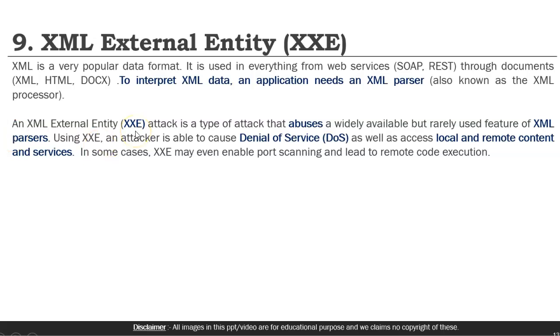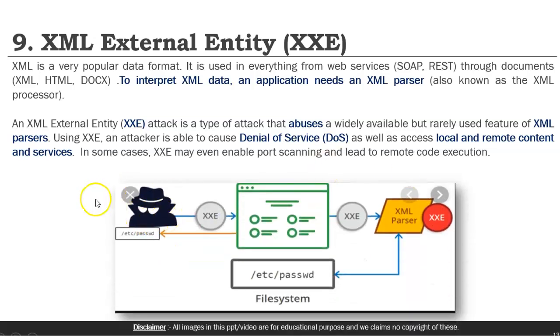And there is a possibility of an XML attack, the XML external entity attack. In that case, an attacker abuses these features and sends an executable file or performs denial of service attacks, executes a program remotely, collects some data from the server, or even does port scanning or remote code execution using this XXE parser. So how does this happen? Attackers use the XXE parser and request the /etc/passwd file, and the parser processes it and may give the output which contains the passwords and username details on a Linux or Unix operating system.